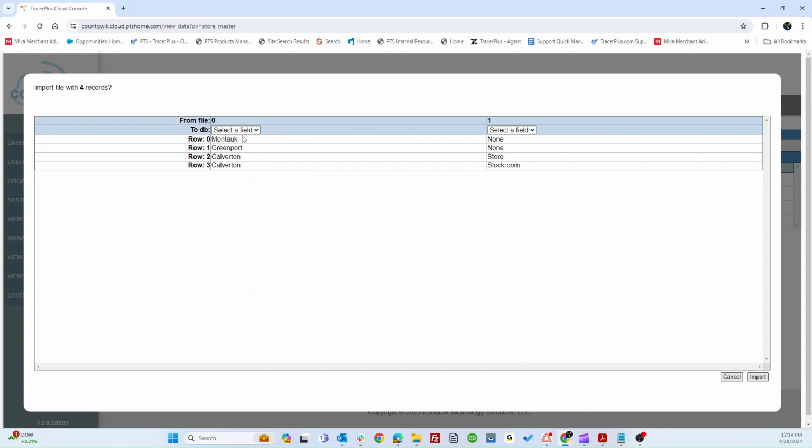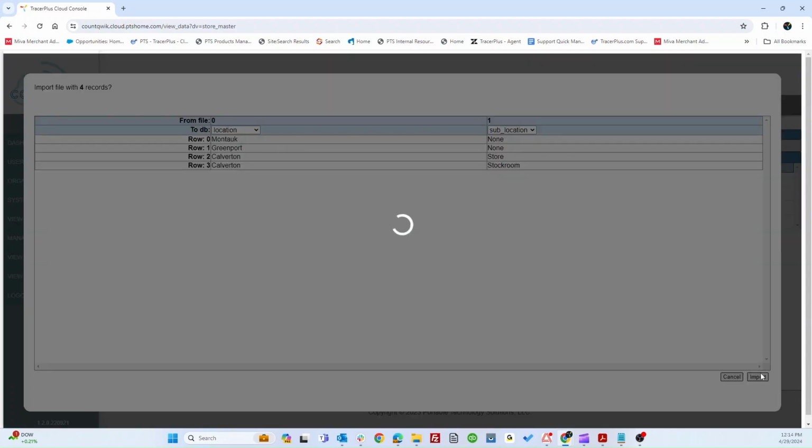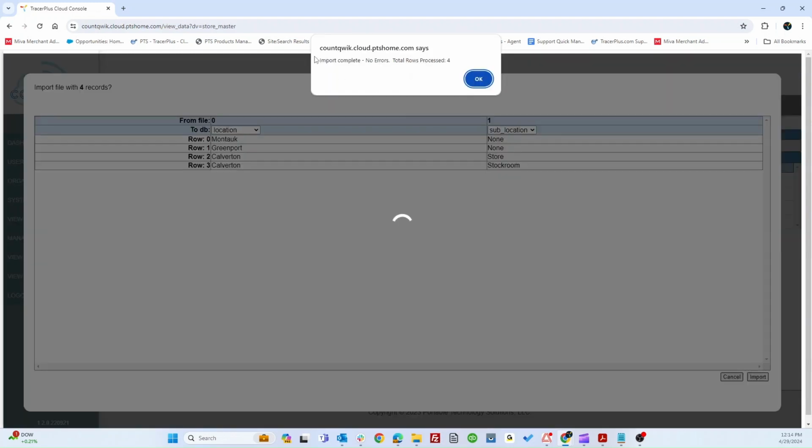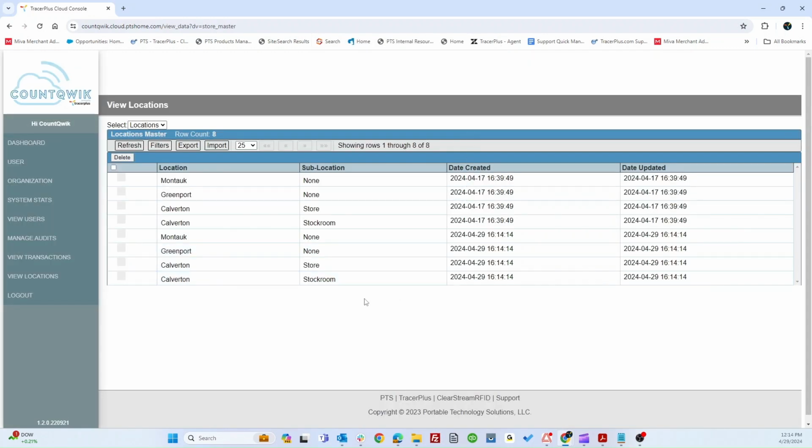So on the left-hand side, we have our locations, and on the right-hand side, we have our sublocations. So to do that, we're going to go over to Select Field. We'll click on Location, and then on this right-hand side, we'll select it as sublocation. From there, we can click Import, and as you can see, it was complete with no errors, and it processed all 4 rows. From there, we can click OK, and now you can see it entered the